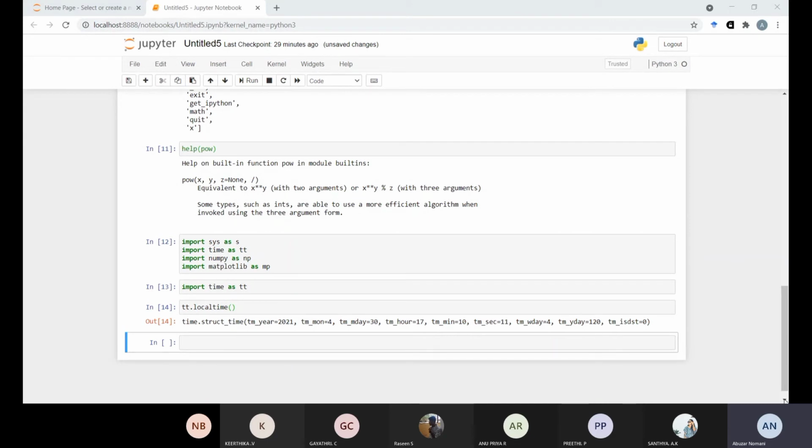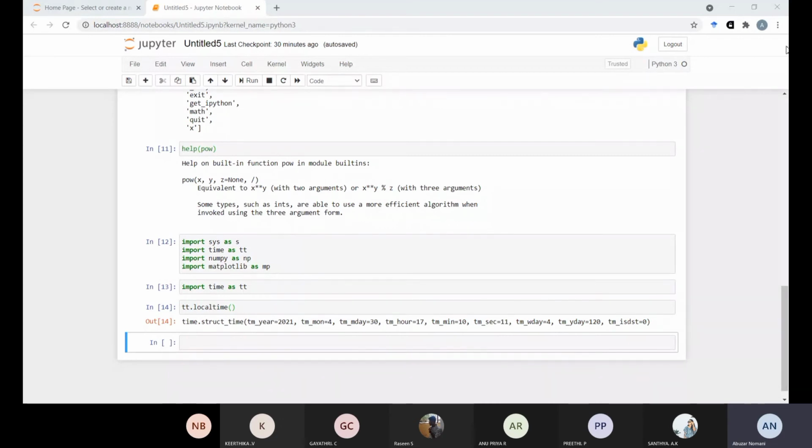To show all functions in an imported module, we use these short forms. Take the square root function: import math and from math import star are compared. Actually there are two methods of importing math functions: import math and from math import star.